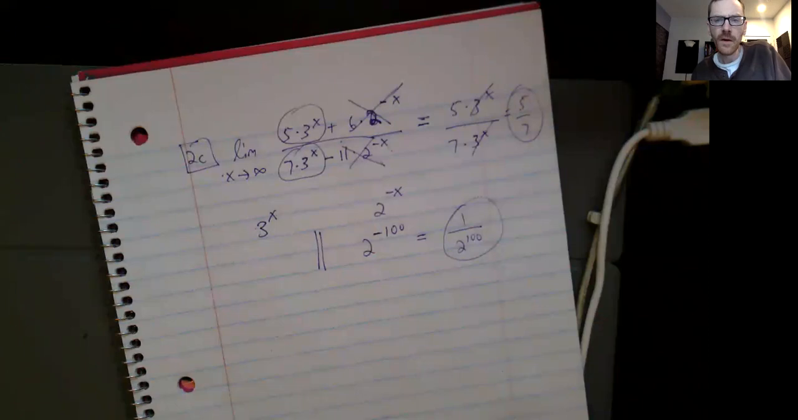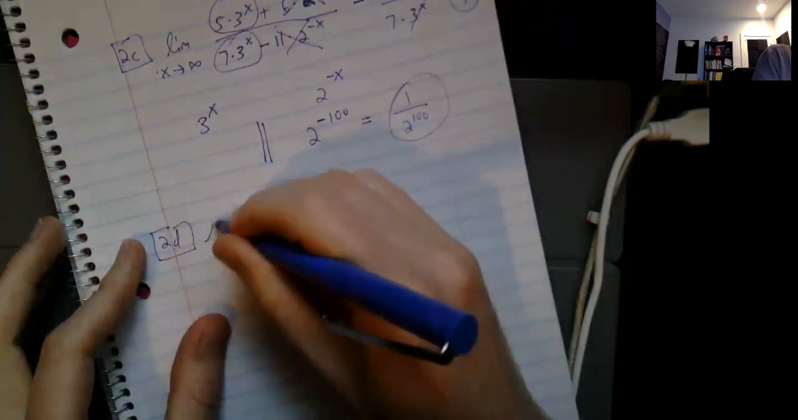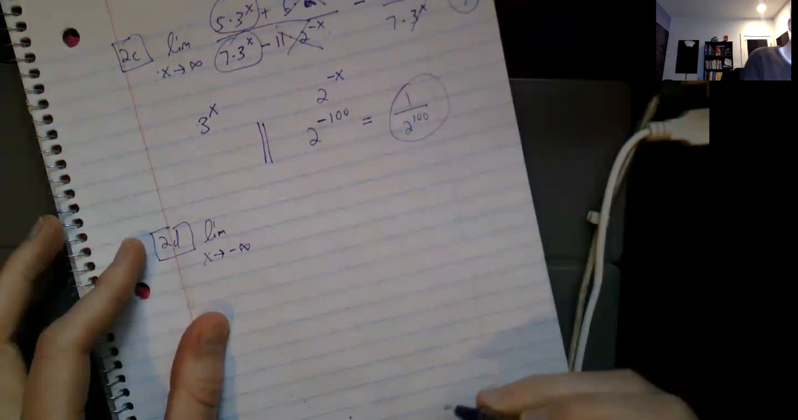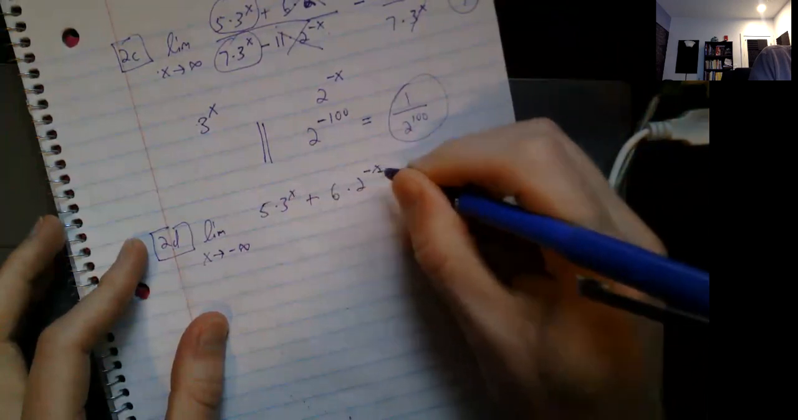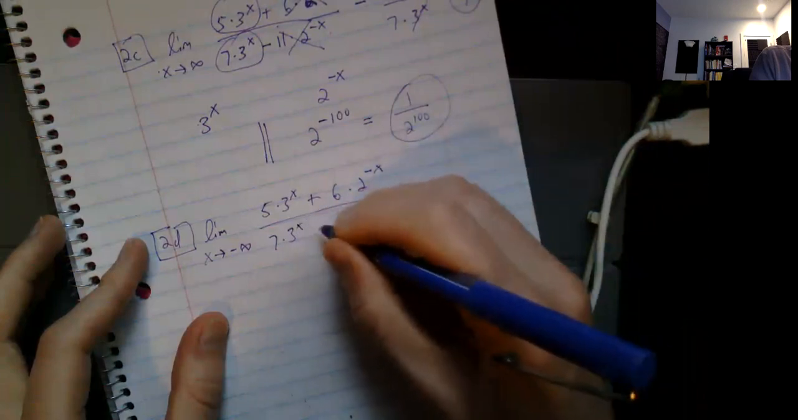On the other hand, 2d, which is exactly the same function, but now you're looking at the limit as x approaches -infinity. Exactly the same function, but now x is going to -infinity, which simply means that x is becoming a larger and larger negative number. Now, actually,